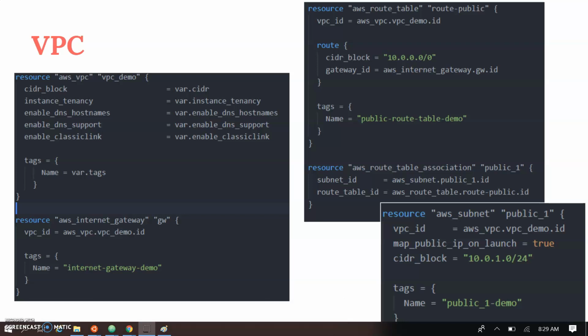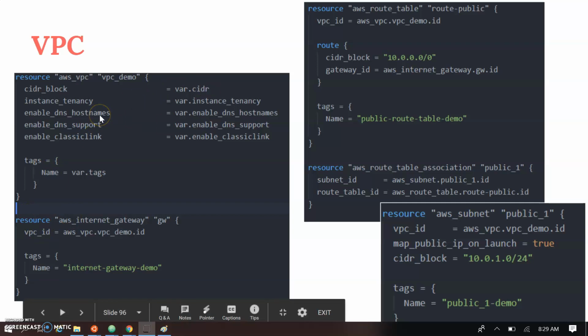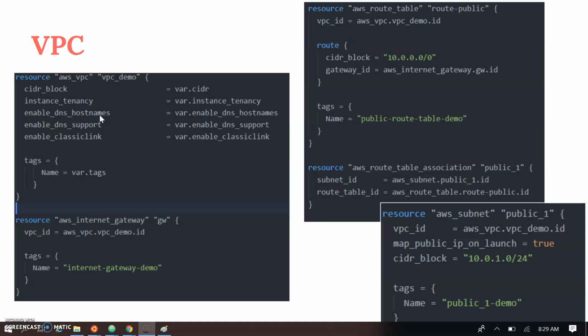So we also create the security group, instance and the VPC. What resources will be created as part of the VPC? Let's see. The VPC will be created as a VPC. You can see the VPC block, that's the CIDR, instance tenancy, DNS hostname and support. Next, the internet gateway will be created here, and first the public subnet is created. The public subnet will be associated with the routing table. The routing table will be created. That's a public routing table, and all routing table traffic passes through the internet gateway.